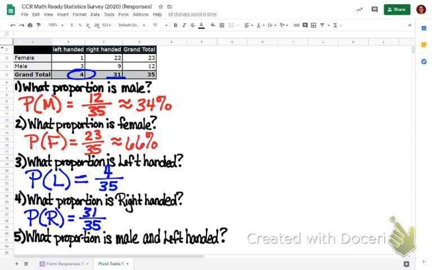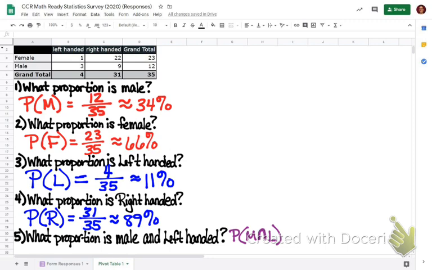So again, I can take both of these and change them into percents so that we can compare them that way. 4 out of 35, that's approximately 11% of the people that completed the survey, and right-handed is approximately 89%. And then I have question 5 down here at the bottom, and this is when we start to get into these 2 variables together. What proportion is male and left-handed? So I'm still looking out of the whole population here. So male and left-handed. So I'm going to use M for male, and I'm going to use L for left-handed, and then I'm going to use this